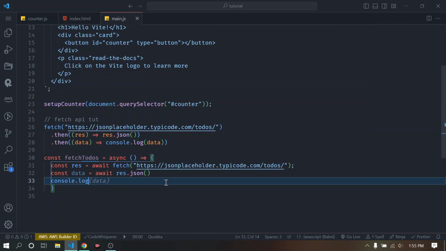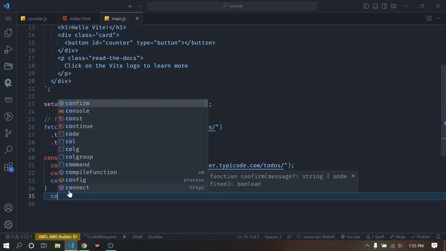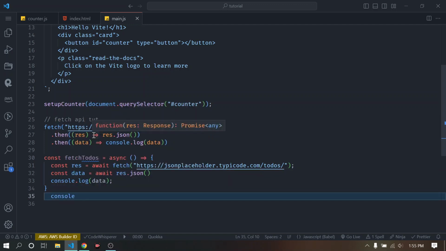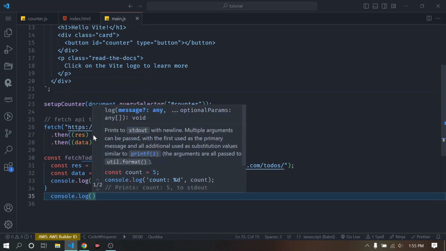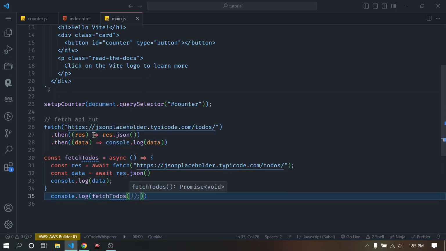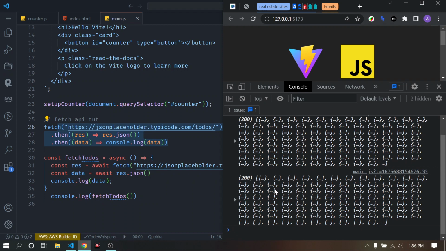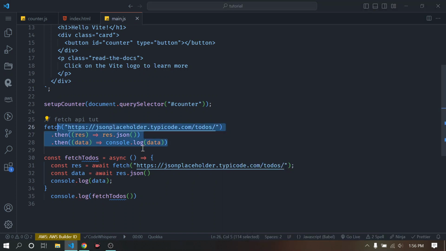console.log data, and if I log this, fetchTodos, and run it right here, what we should get is pretty much similar. It's the exact same thing as this actually. So if I check, as you can see, we have it twice. Now if I remove this first one